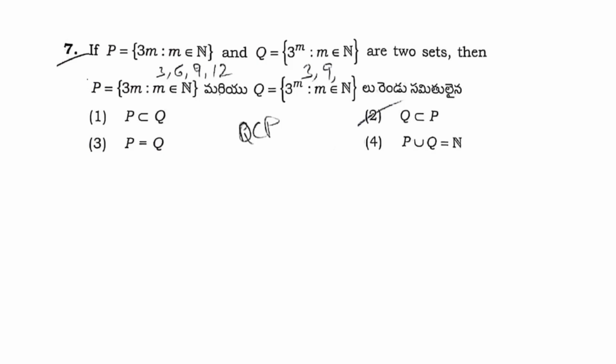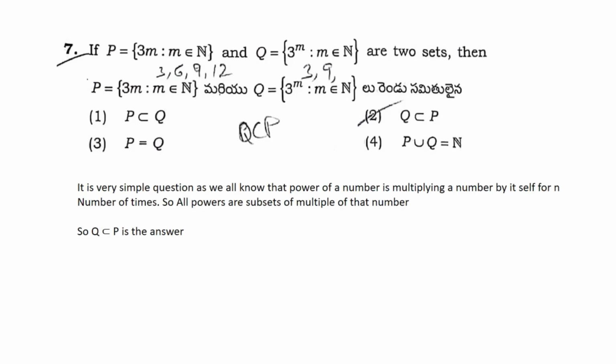seventh one, if P equal to 3m and Q equal to 3 power m are two sets, then I already told you power is nothing but multiplying that number with itself n times. So power set values always come in the multiplication table. So directly you can opt for the option Q is a subset of P, as powers are always subsets of multipliers. Okay, so next question,